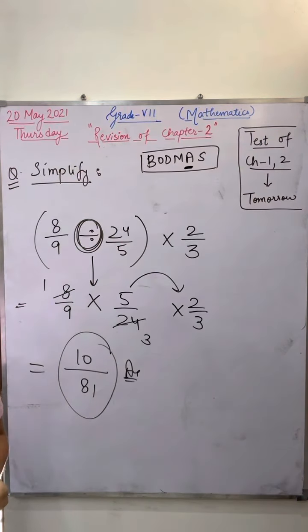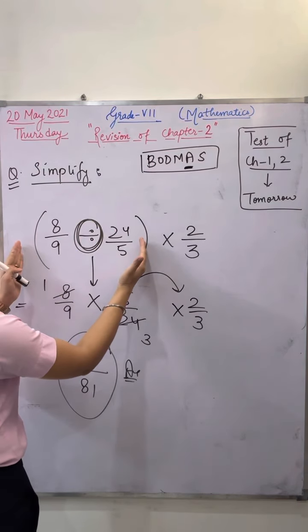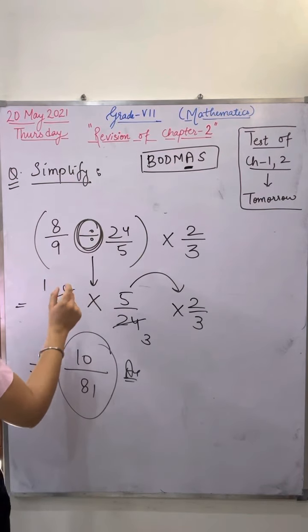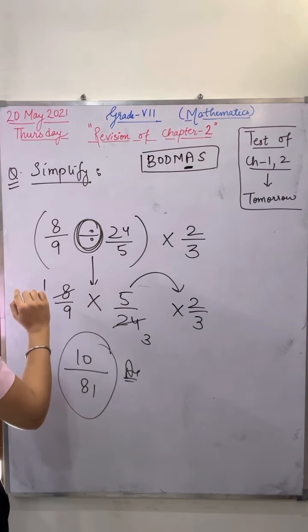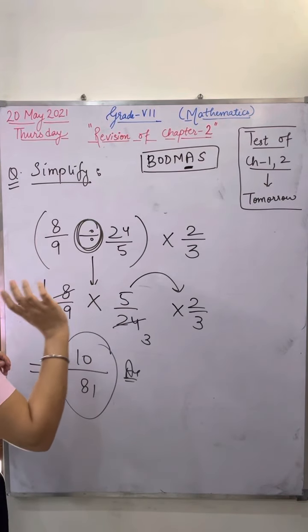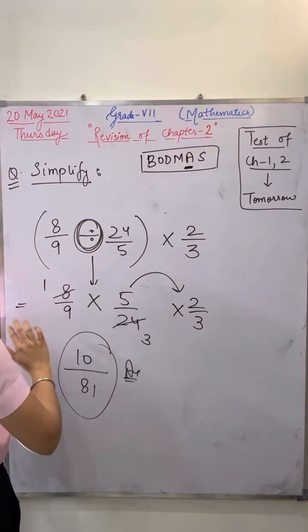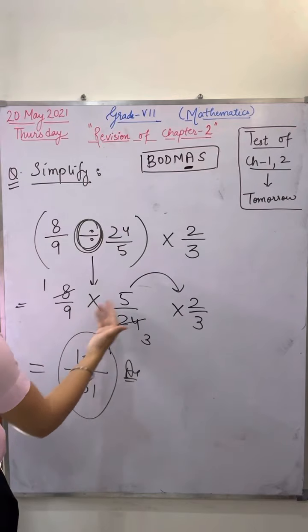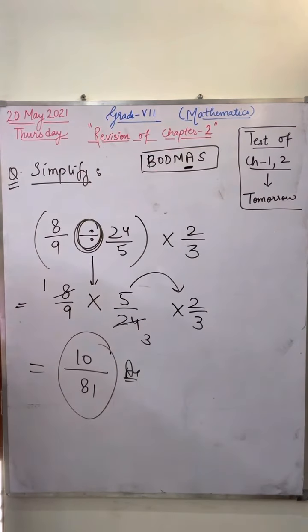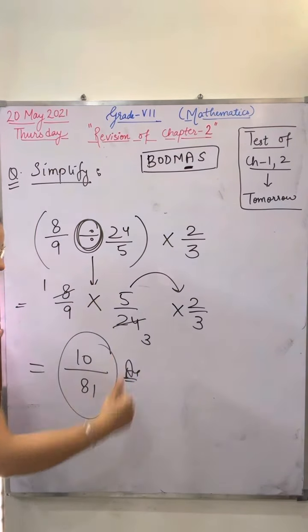Very good, Sanchit. Please mute yourself. Yes, everyone. In this question, whenever you are having a division sign, you have to open the bracket. Remove division. In the place of division, you have to keep multiply. Whenever you are keeping the multiply sign, the next term will be reciprocal. Now write down the last term as it is. Now everyone is having the multiply sign in between. Now cancel the terms, here and here, here and here, if you can cancel. Rest you have to multiply numerator with numerator, denominator with denominator.